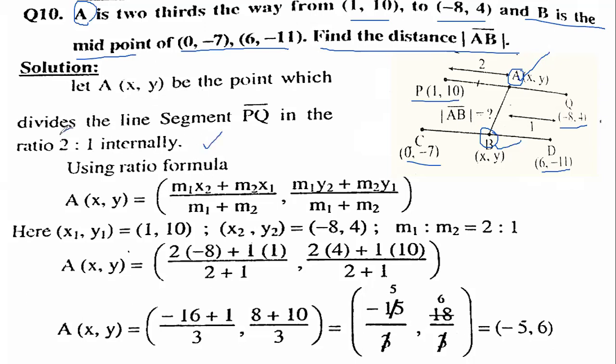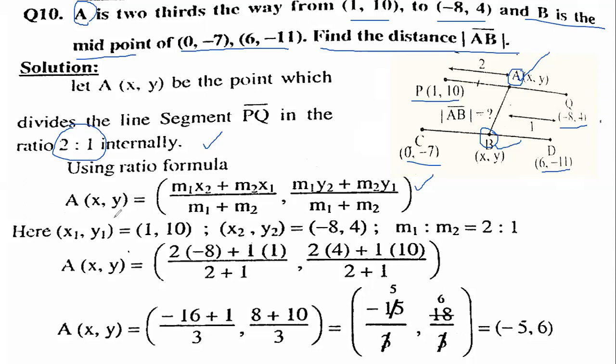This was the important point that we discussed earlier. First of all, we have written down here the internal division formula. In the internal division formula, we have 6 elements. X1, Y1 are 2 elements. X2, Y2 are 2 more elements. M1, M2 are 2 elements. Together, they become 6 elements.